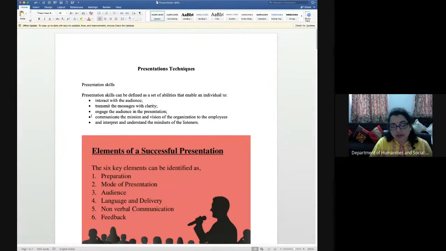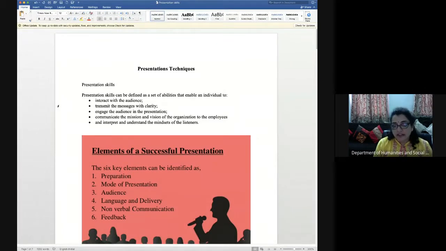There are a few points mentioned here. First, how you have to interact with the audience. The sole purpose is that you have to capture the attention of the audience. If you are not able to do that, then the presentation would become boring, and people will not like it. So you have to make your presentation so attractive that you can connect yourself with the audience, and the audience has to enjoy whatever you are saying. This is the interaction with the audience. We will go into the details when we do the audience-related topic, but here the main point is how you have to connect yourself with the audience.